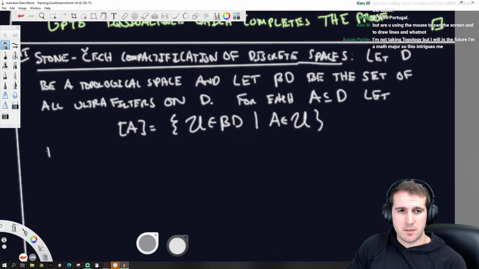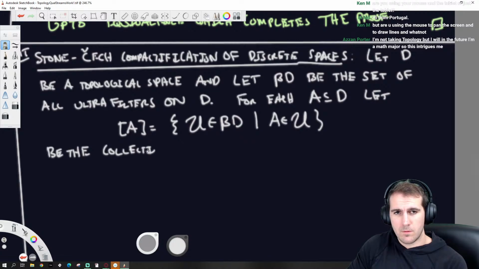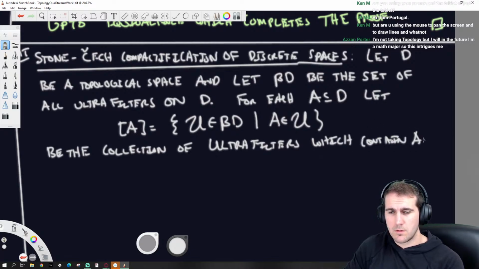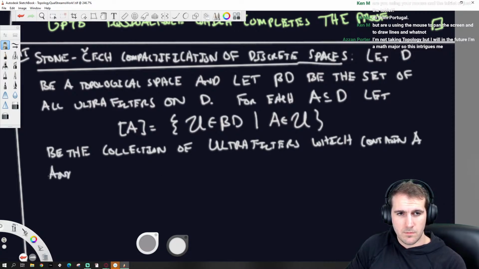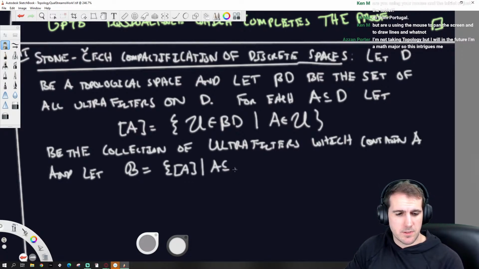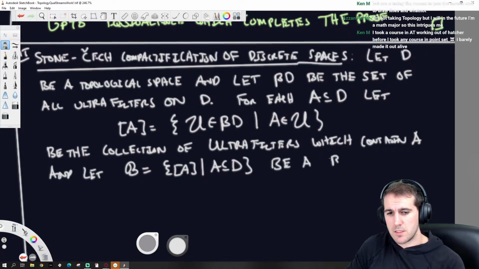So this is the collection of ultrafilters which contain A, and let B equal the set of those collections of ultrafilters such that A is a subset of D, be a base for topology.